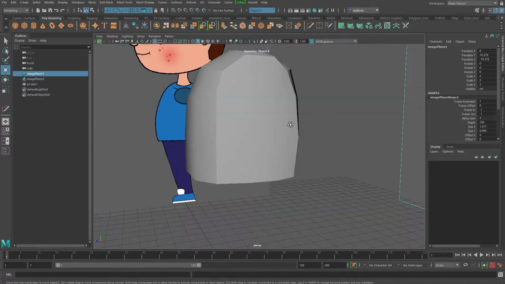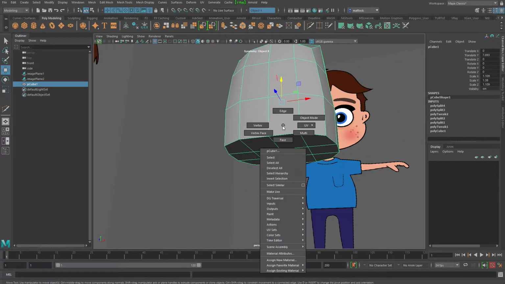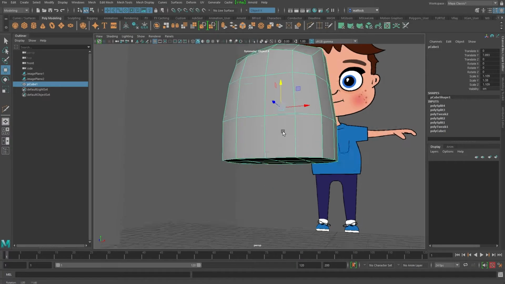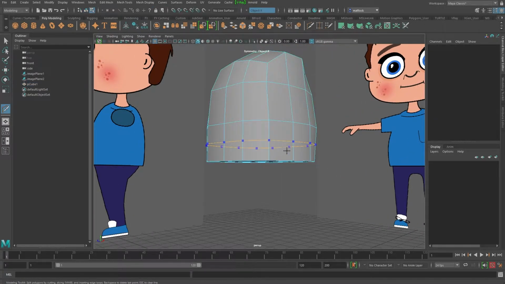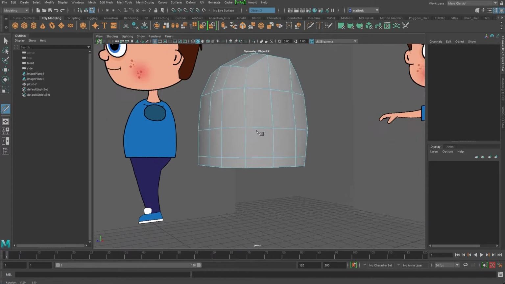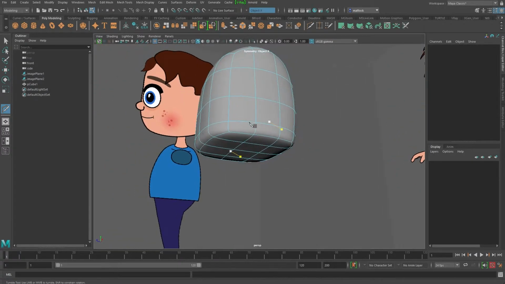So now what I want to do is extrude out some sort of legs. So I'm going to add another edge loop in the bottom to give us a bit more geometry here along the bottom here. I'm going to hit 3 key as well, and you can see the way this works.